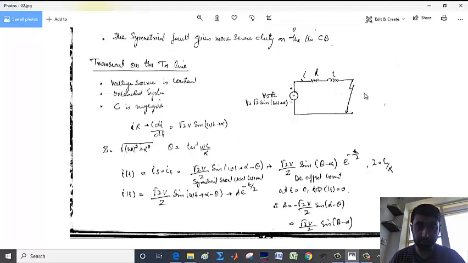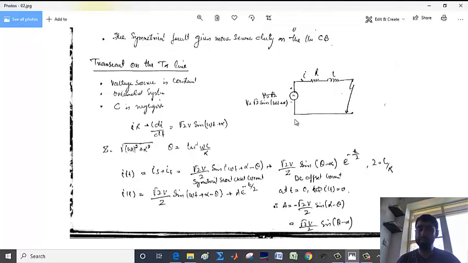So writing the differential equation of this circuit, it is IR, the voltage drop across this resistance, plus L dI by dt, the voltage drop across this inductance, equal to the source voltage given by this equation. Where in this case, Z will be equal to the square root of (omega L) squared, or XL squared, plus R squared, and the impedance angle theta will be equal to tan inverse of omega L by R. Since we have to see the behavior in the transient, we have to calculate the transient current. So the total current will be equal to the steady state current plus the transient current.